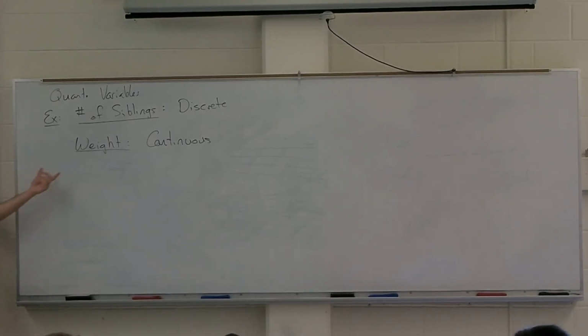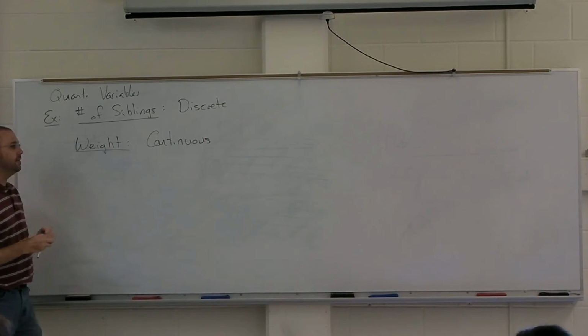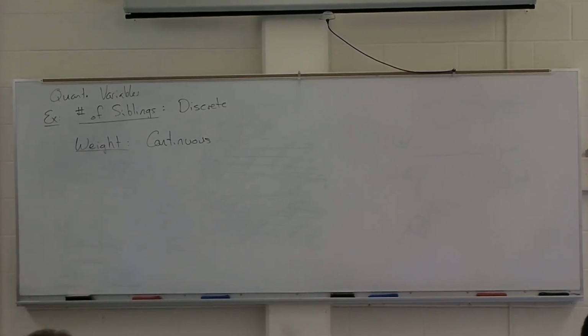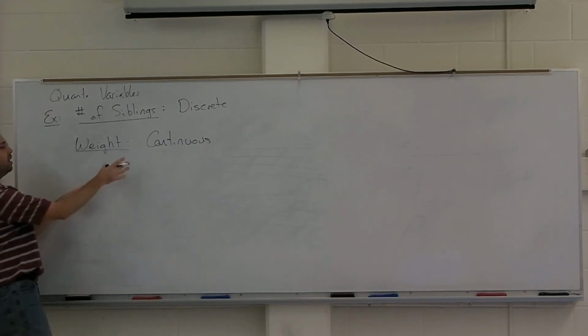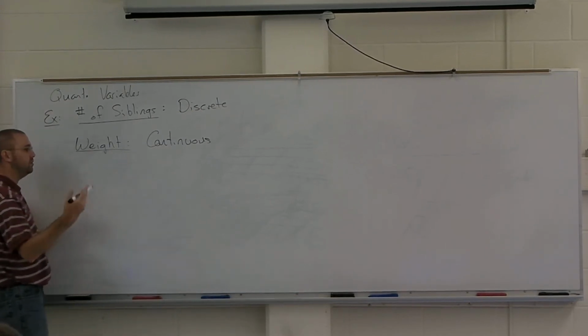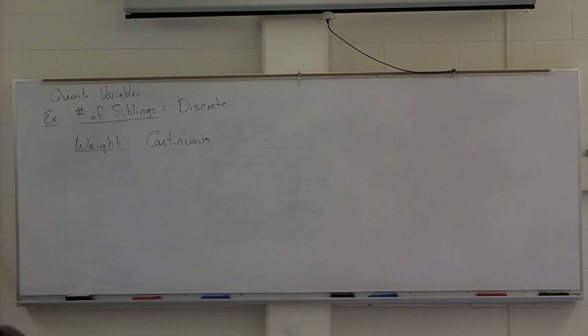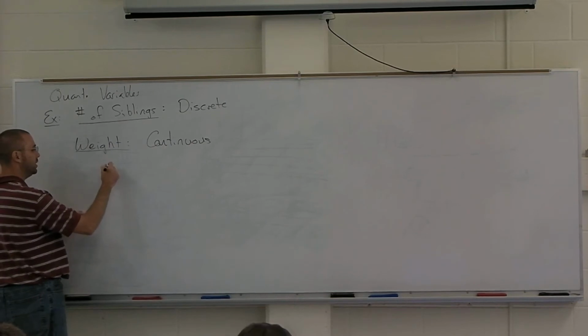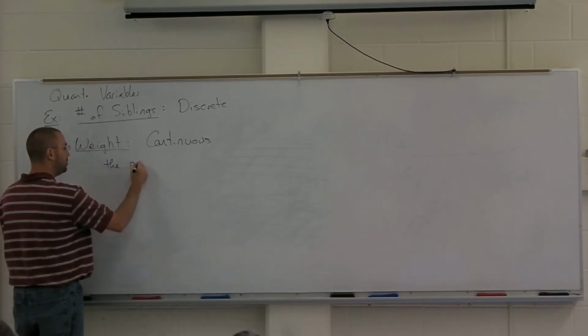Okay? So continuous quantitative variables are variables in which the possible outcomes are uncountable. You can get an infinite list, and you can think about between any two of them, there is another one. Right? Another way of thinking about this, for those of you that remember your algebra or pre-calculus stuff, is a continuous variable is one in which the possible responses